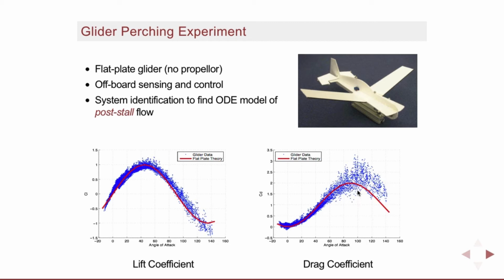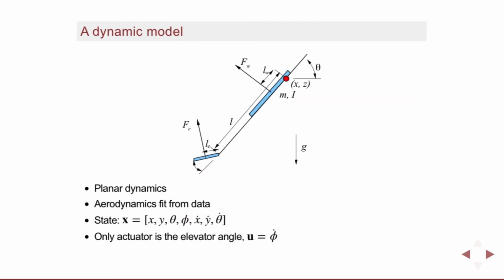There's a periodic solution happening here as the vortices are shed, and we're actually able to see from our motion capture data the vortices pulling off the plane. We see it as the airplane gets tugged around. So the flat plate theory does not capture the time-varying aerodynamics, but it does a pretty good job of averaging through them. Okay, the moment coefficient is by far the worst, but still, the flat plate theory gives us a pretty good model to start from, and then we do a little bit of system identification work on top of that to capture the differences between the flat plate theory and the statistical data. That gives us this pretty simple model.